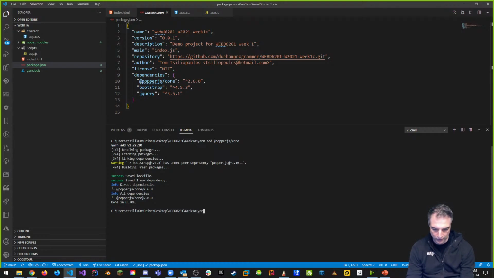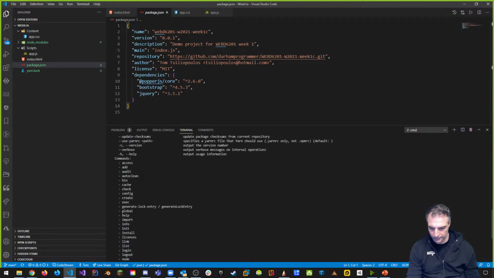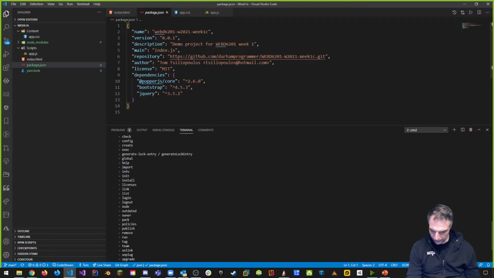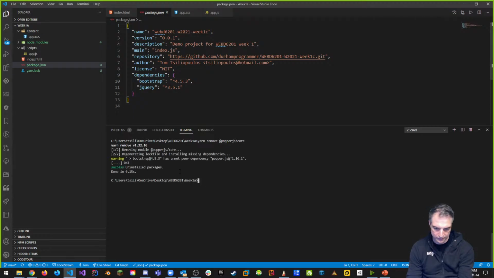So if I go to yarn, because we want to learn yarn too, yarn help, right? You can see that yarn adds, and if you scroll down, it can remove. Yarn can unlink, unplug. There's a bunch of little commands that you can do with yarn. So let's remove it. We've added the wrong one. Let's yarn remove @popperjs/core. If I did that, you're going to see that it takes it out. So adding and removing dependencies is super easy with yarn and with npm, and this is why we want to